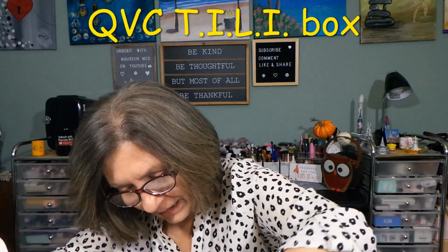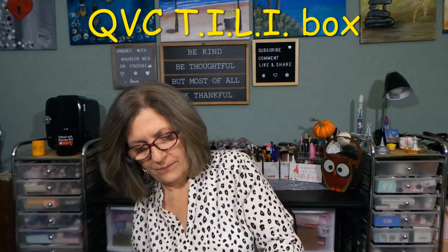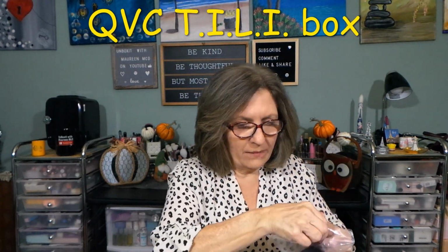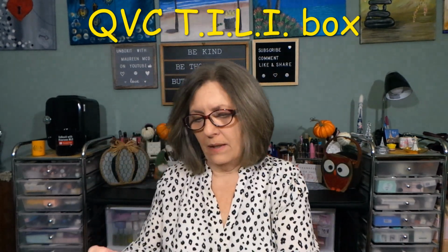And then the last thing that came in the box, I don't want that box to fall over, but it's going to. A pair of sunglasses. Let's see what these look like. I don't need another pair of sunglasses. I'll probably give these to my mom. I gave her a pair, and these are by